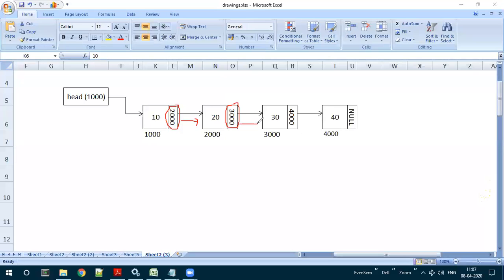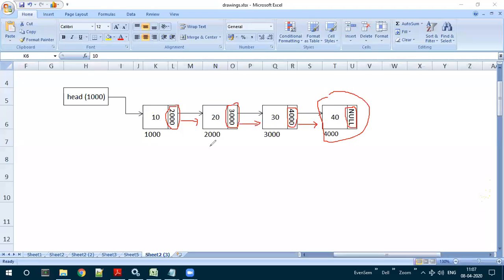What has to be done? Again, proceed further to check the next node. In the next node, the data is 30 and its link field is 4000. So it is also not a null. Again, traverse in a forward direction. So we get the next node. In this node, we check the link field, and here we find that it is a null value. So what it indicates is that this particular node is the last node or the ending node of the given